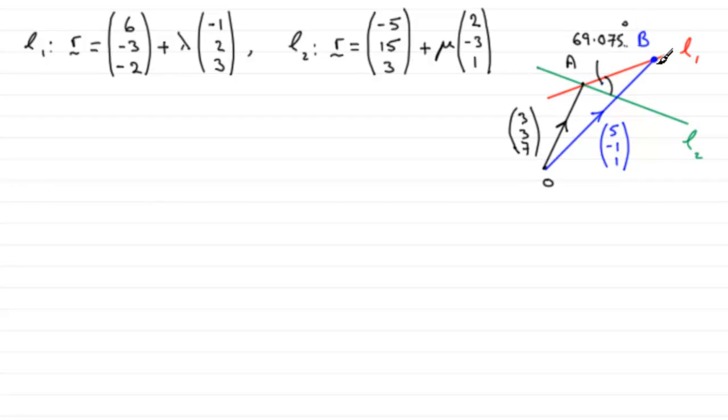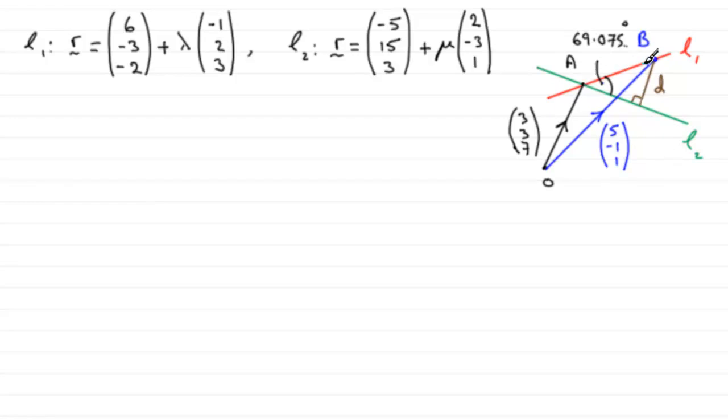Now, for this question, we've got to find the shortest distance between B and the line L2. And when you're looking for shortest distance, that's going to be a perpendicular from your point B to the line L2. In other words, it'd be something like this. So let's call it D, and we've got a right angle here. So this is a right angle triangle, so I can use normal trigonometry for this,